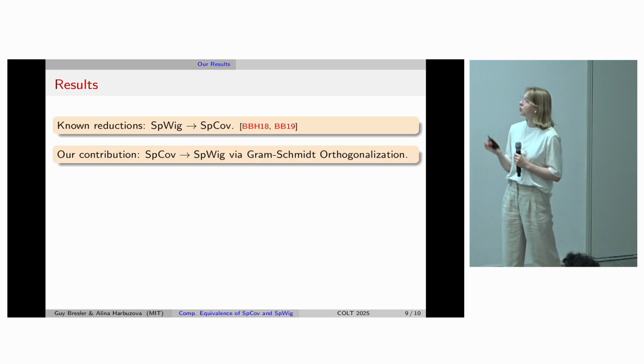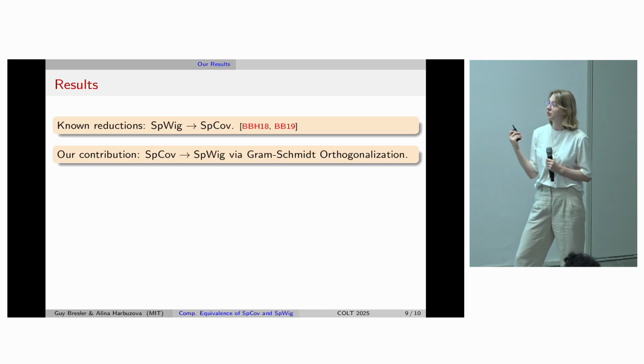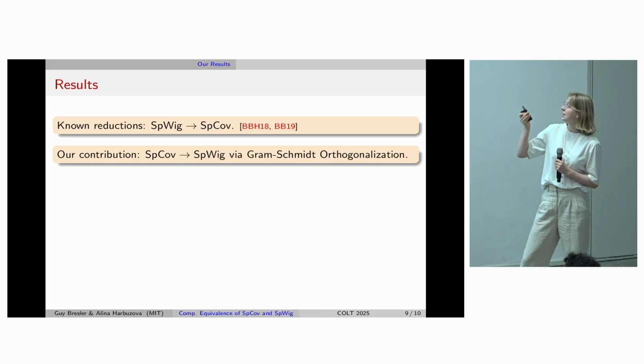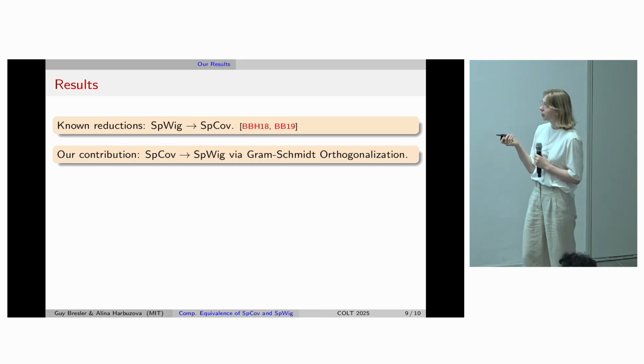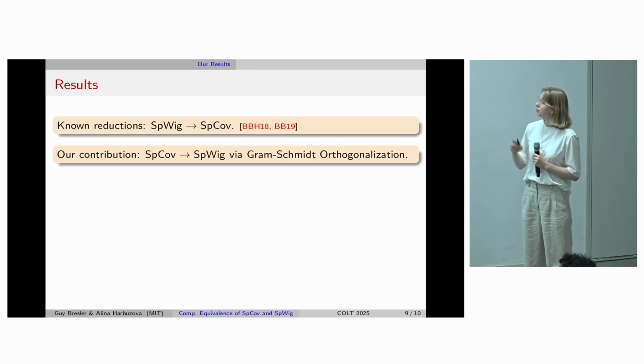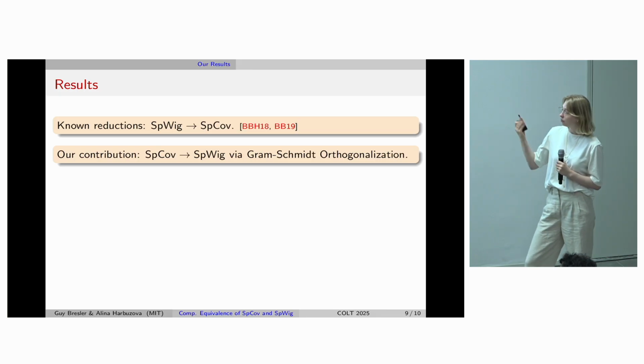Our contribution comes from the first reduction in the opposite direction, the algorithm that takes the correlated instance of the spike covariance model and maps it to the Spike-Wigner model. Our reduction uses as a subroutine,